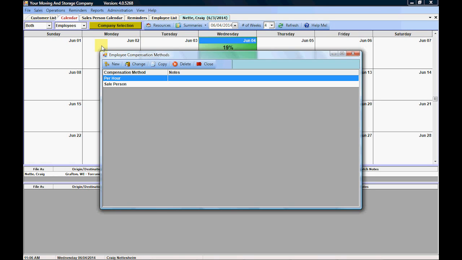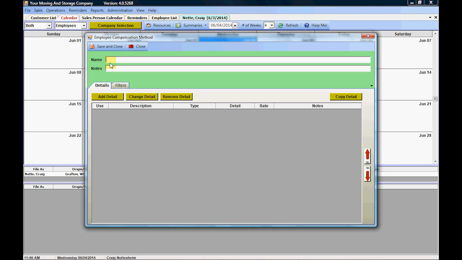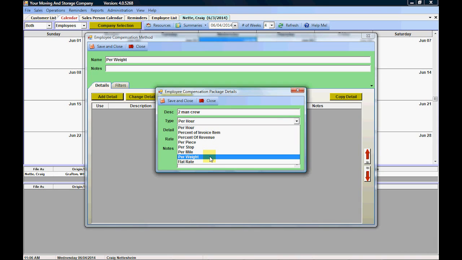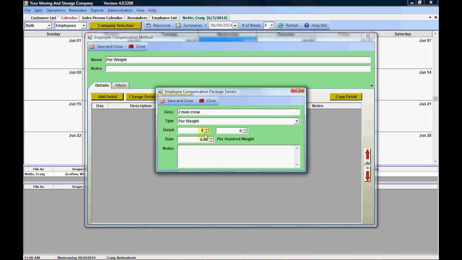The next thing I want to do is just show you the flexibility of this. Let's say you are paying your local drivers based on weight that they've loaded. Maybe it's an international shipment. But the rate per pound that they get paid is based on how many men were on that crew. So what you could do is create one here called per weight. Under the details, I'm going to call this 2-man crew. This is going to be based on weight, and whether it's 1 pound or 1,000,000 pounds,